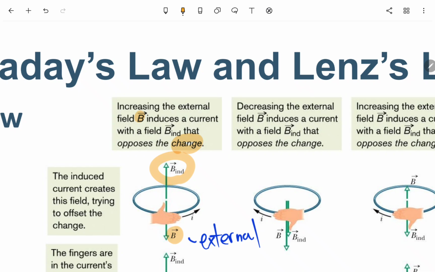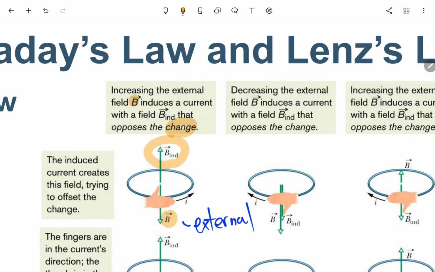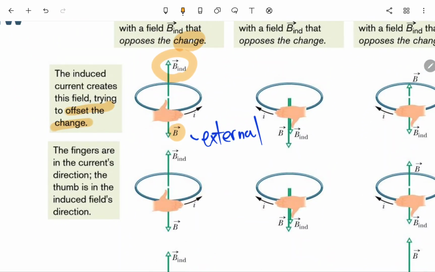现在 B 是指向下面，然后它会增大，所以它的磁通量是向下而且增大，所以它会产生一个 B induced 是往上的，就是它想往下增大，我就往上拉它，不一定会拉得住但是它会想这么做，所以 B induced 在这个情况是往上的。Okay, so here it says the induced current creates this field trying to offset the change. 就是它想往那个方向增加，我就拉它一下。